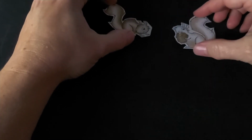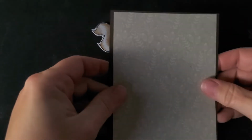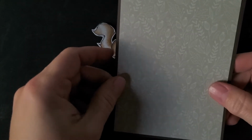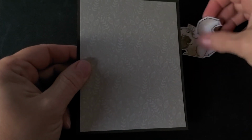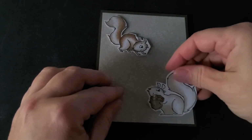So I've got these two guys. Let me make sure you can still see them. I already knew I wanted this Tidings of Christmas fall-looking little detailed pattern, but soft. And then I have behind it Early Espresso. So here's how they look on